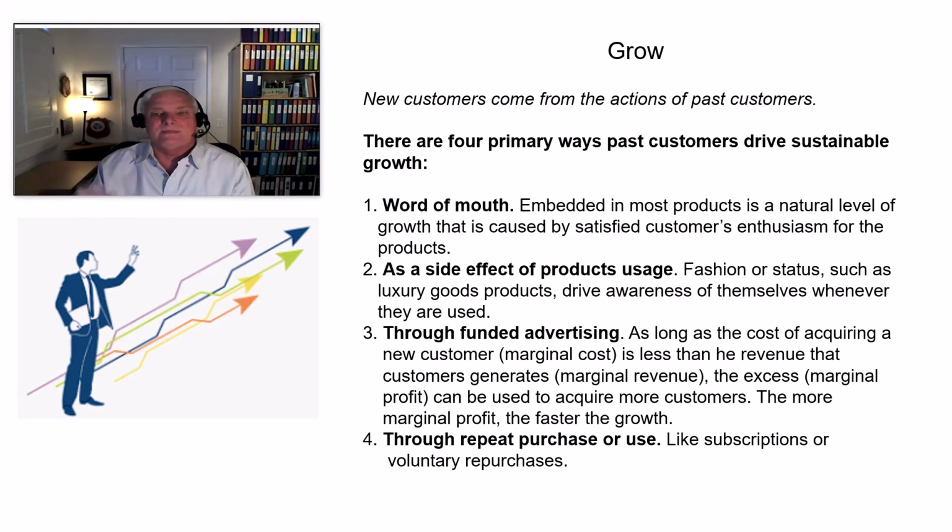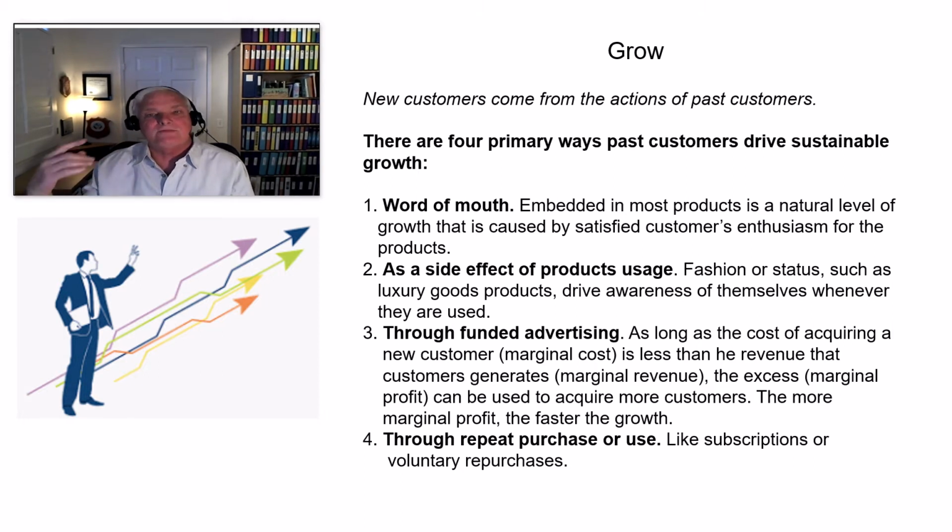1, word of mouth. Word of mouth is worth its weight in gold. All it takes is one bad story about your product, your service, whatever the experience is that you're providing. And one bad comment is something that'll take you completely out of the market. You need good word of mouth. So you need to understand, what are customers saying about you?